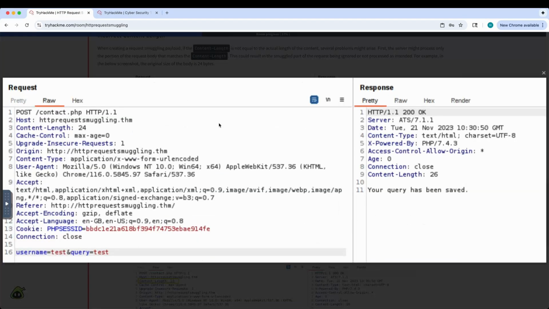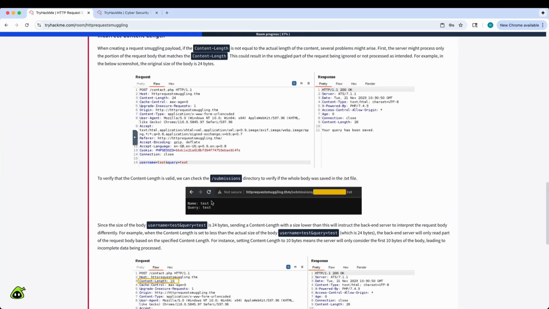To make it easier to understand, let's take a look at this one. We have the Content-Length of 24, meaning that it will take everything. So we have the username as 24 bytes: 1, 2, 3, 4, 5, 6, 7, 8, 9, 10. Remember 10 right here? 11, 12, 13, 14, all the way to 24, right? Because we specify the Content-Length to be 24, everything will be interpreted by the backend server. Hence, it will show test,